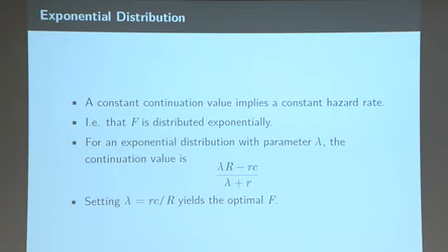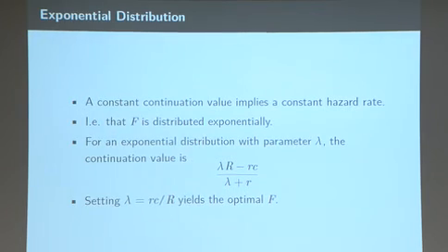We know that that has to equal 0 at an optimum, and so we can choose the particular value of the parameter of the exponential distribution, lambda, to make this equal to 0. And we find that the optimal distribution for the principal is an exponential distribution. And this goes back to my story of parenting. Okay? So the parent says to the child,